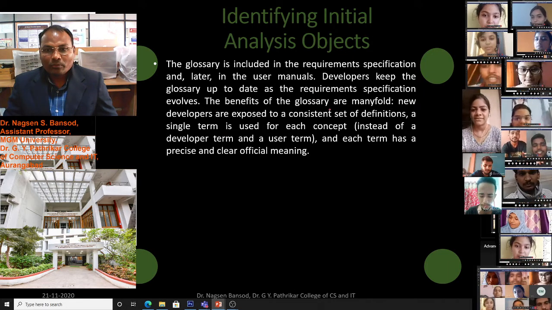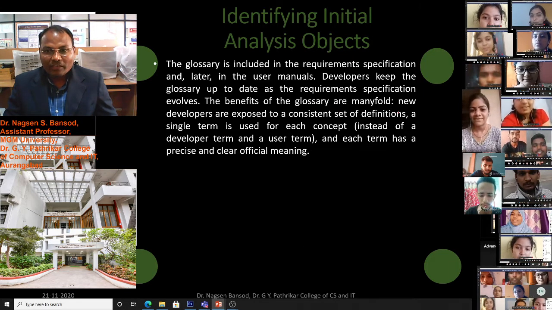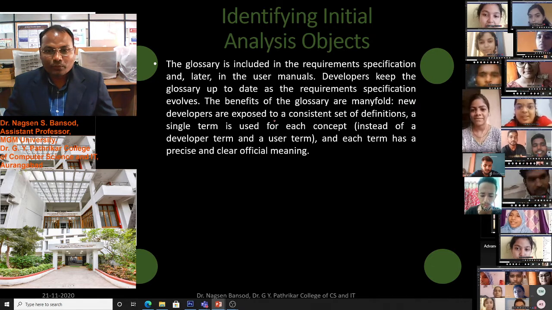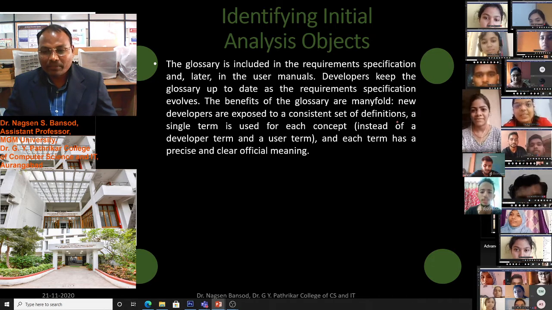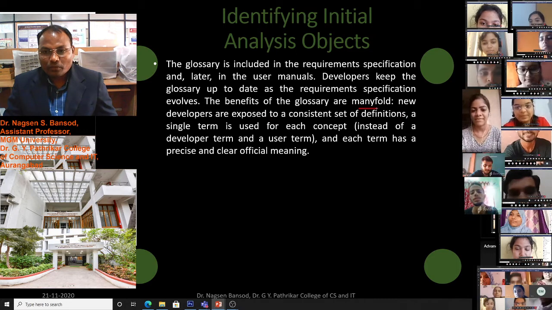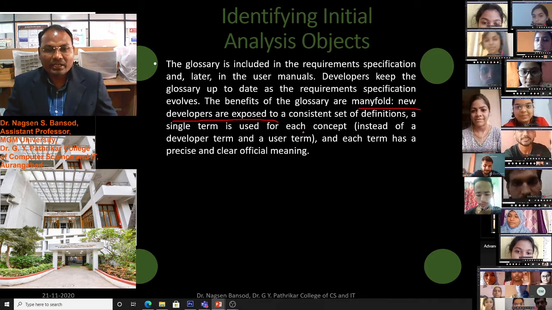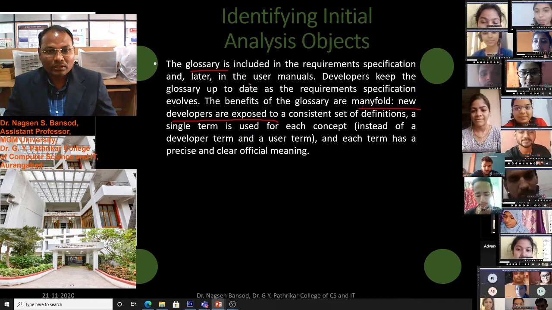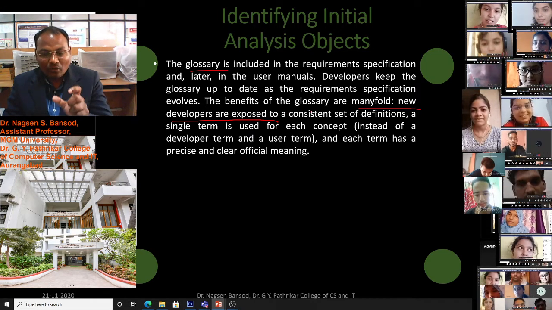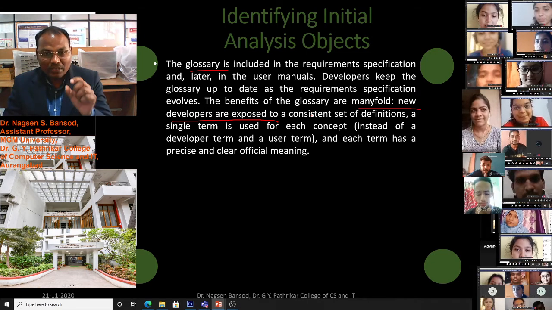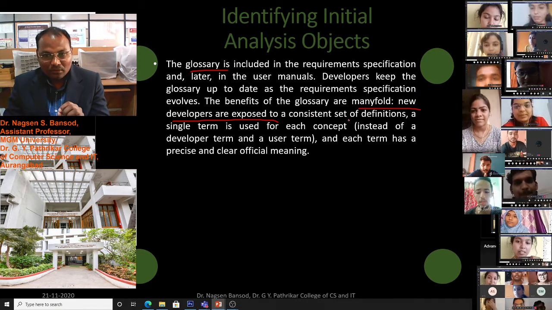The benefits of the glossary are manifold. New developers are exposed to a consistent set of definitions. Suppose there is a new developer in our development team, he will understand if we provide the glossary, if we provide the meaning of objects, for which task, which object we have taken.